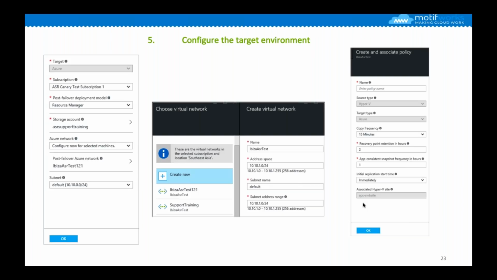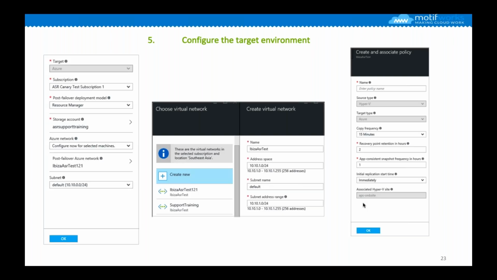You have to specify what kind of storage you are going to use. You have to provide what kind of networking you are planning to use with it. Some of the concepts, I hope and believe that you have a basic understanding about virtual networking and how it works within Azure. I think that would be helpful. You have the ability to configure the network at the same time you are doing this configuration, or you can perform it later as well.